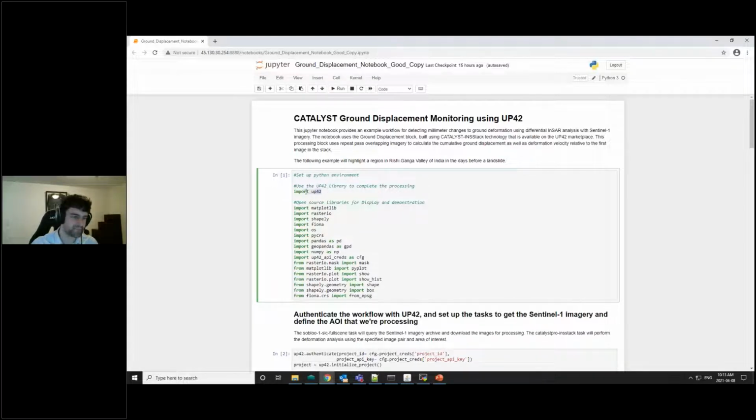To do all of the processing, acquiring the Sentinel-1 images and performing the Catalyst differential InSAR processing, all we need to do is import the UP42 library, and I'll show you how we use it later. The rest of these libraries are open source, and I use them for display purposes in this demonstration. But really the focus is on this UP42